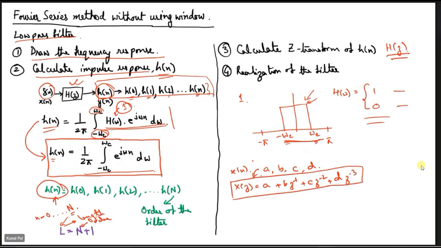Here we considered that n equals 0, 1, 2, 3. So in the case of a, it was a times z to the power minus 0, which became 1, and so on. Similarly, in the case of h of n, we have h0, h1, h2 up to hn, and I hope every one of you will be able to convert this h of n sequence to capital H of z. Because we discussed that if we perform z transform on h of n, it becomes H of z, and if we perform inverse z transform, it becomes h of n. Both are basically the same.